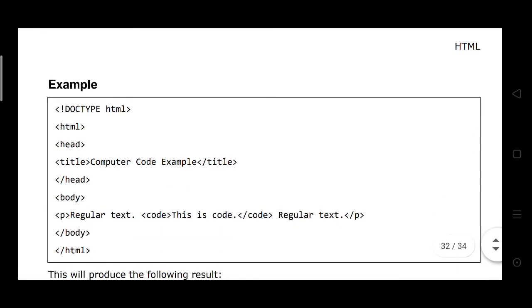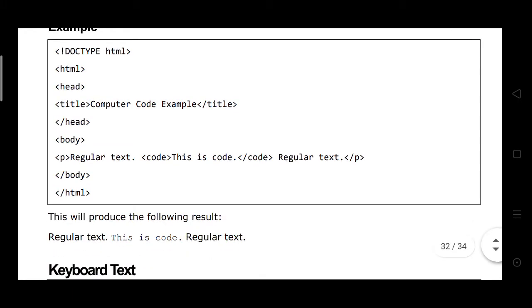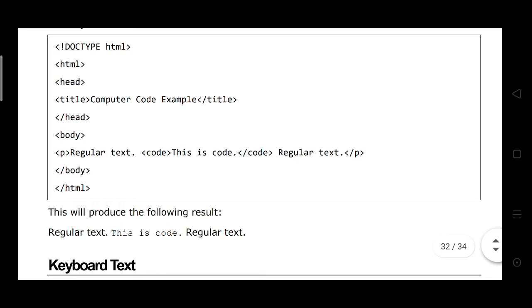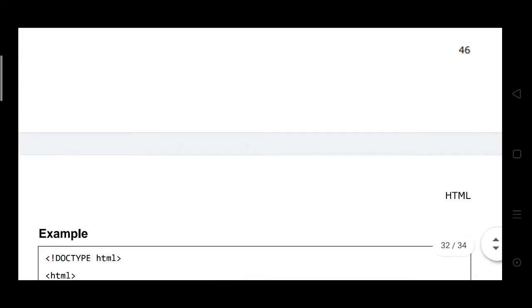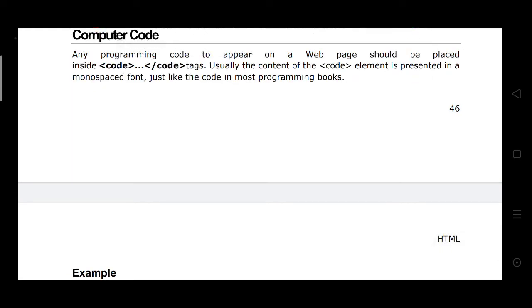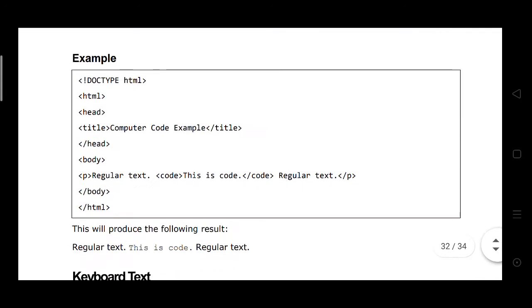Example: here is an example for the computer code, and monospaced code is the same.